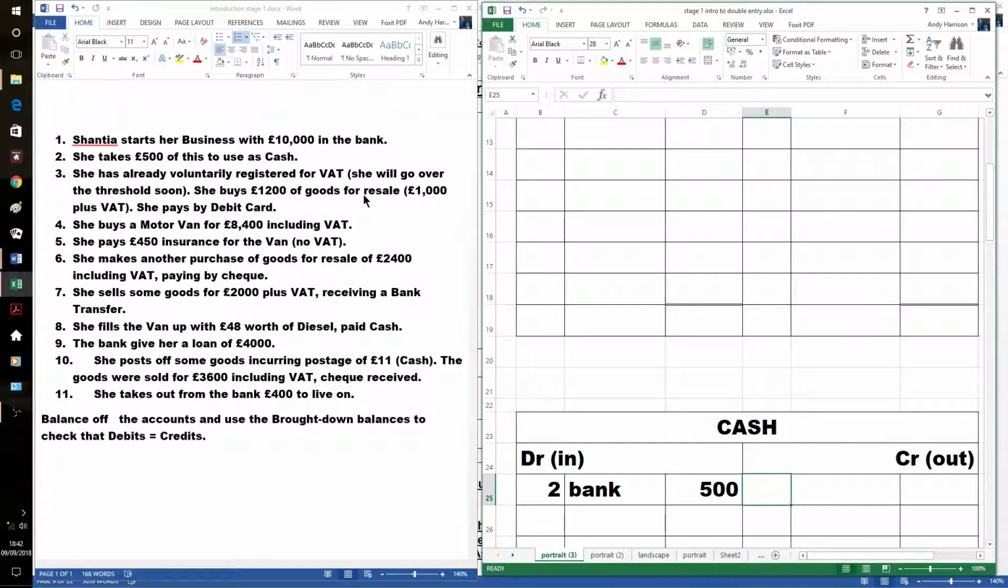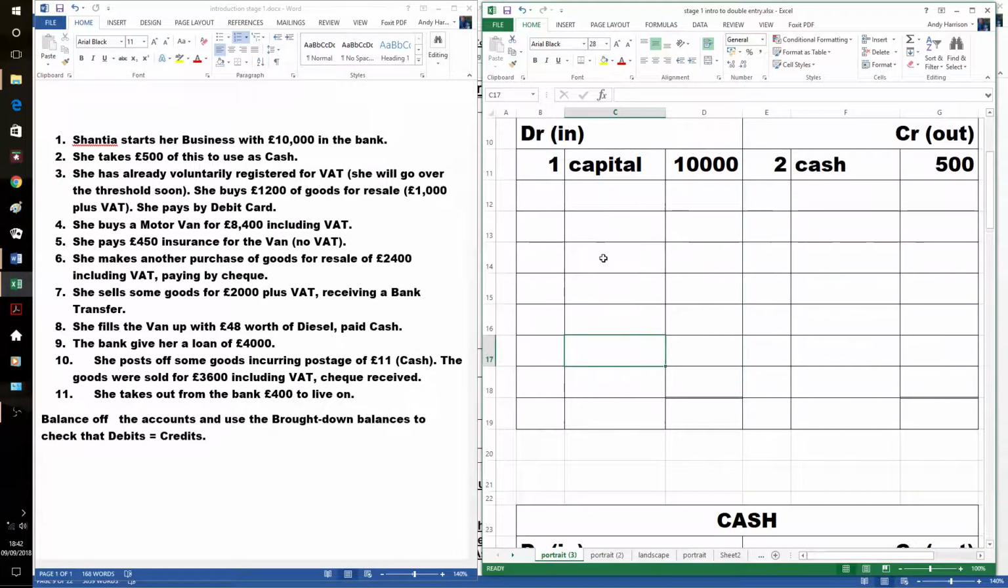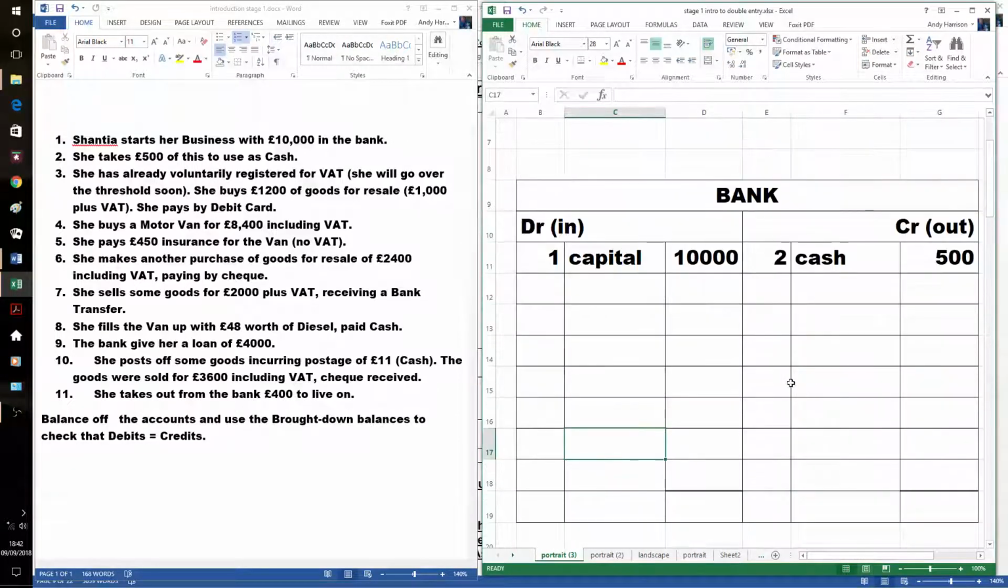Now this lady has already voluntarily registered, possibly because she knows she's going to buy a van and can claim the VAT back on it. If her customers are all trade customers, it doesn't make any difference because they'll claim the VAT back. So they're not bothered by the extra 20% that she's charging them. So £1,200 worth of goods for resale. So it's got the breakdown here, 1,000 plus VAT. So what comes out of the bank